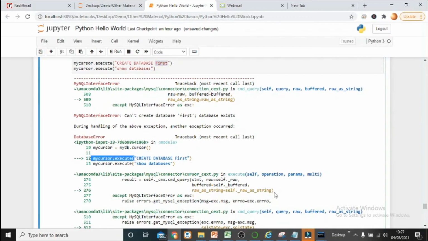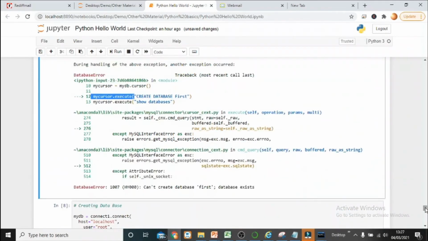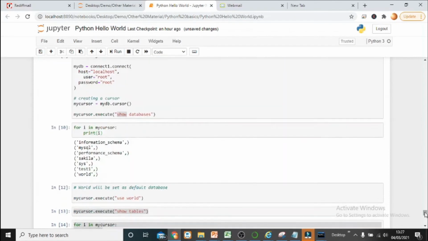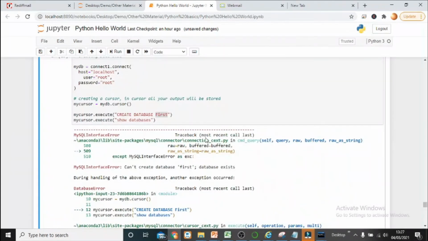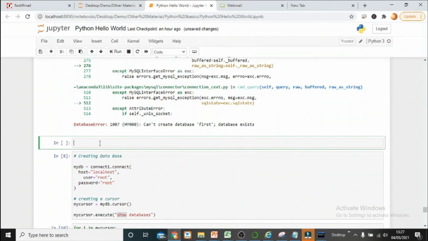So here it is giving you the error that the database is already present. Now to overcome this problem, you have to run it separately rather than run the whole cell as an entity. So I just need to pick up this particular command and run it separately.